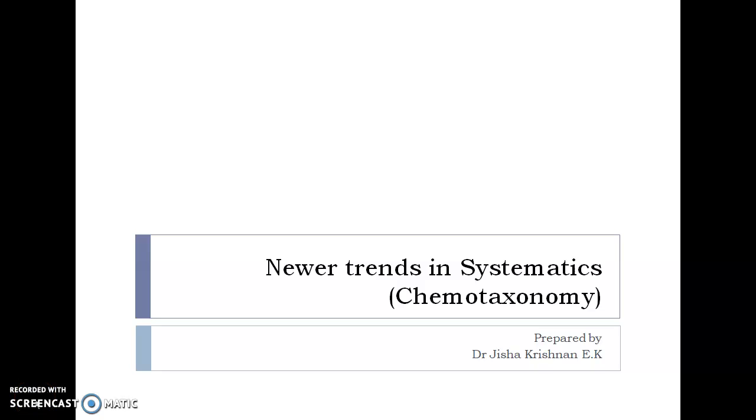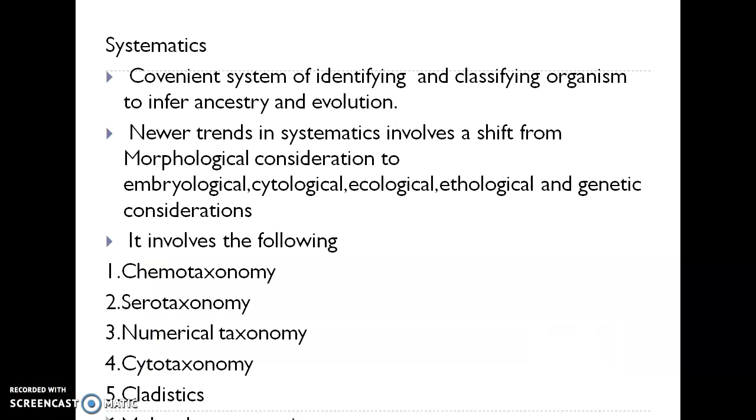Now we are going to discuss the remaining part of our first unit, that is, what are the newer trends in systematics. We know that systematics is a convenient system of classifying and identifying organisms for inferring their ancestry as well as evolution. Actually, the newer trend in systematics involves a shift from the morphological consideration to embryological, cytological, ecological, ethological as well as genetic consideration,